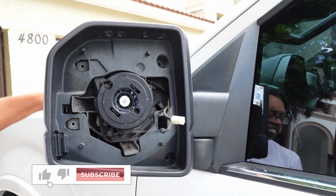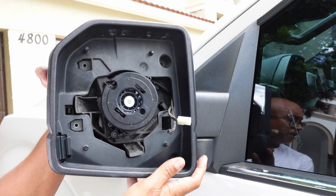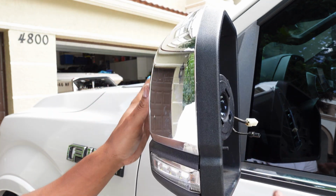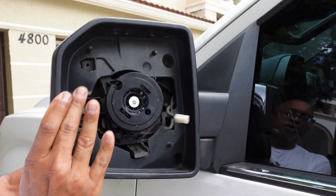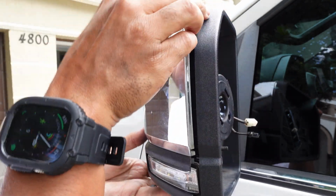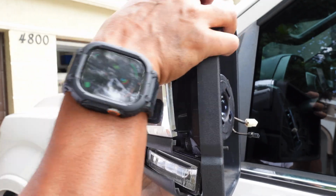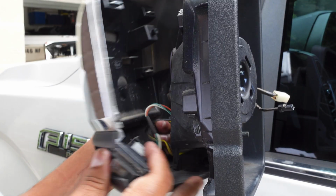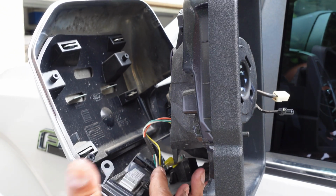Once you remove your screws, you can just set them aside. And now the back of your mirror, you'll see it here, should be able to be separated from the front of your mirror here. There you go. And it should just separate. Once you have the back separated from the front, you can go ahead and tilt it down. And if you notice in here,